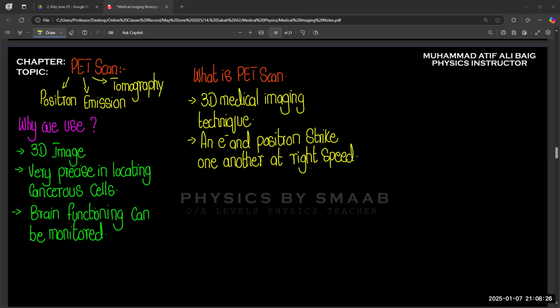So that process occurs when electron and positron strike each other. So they start annihilating one another to produce a pair of